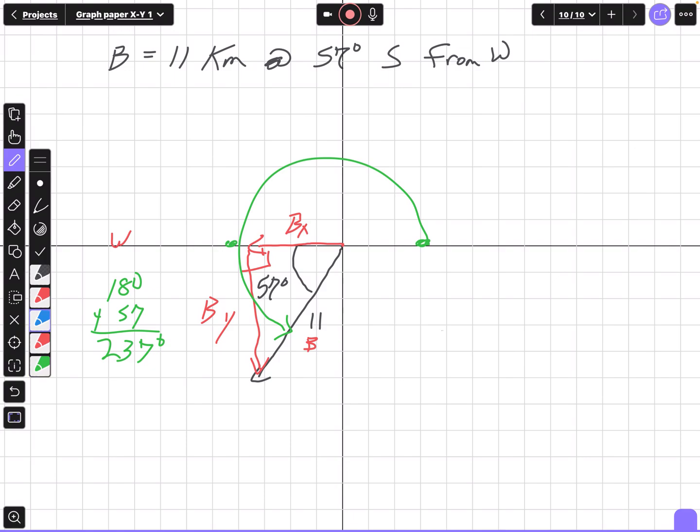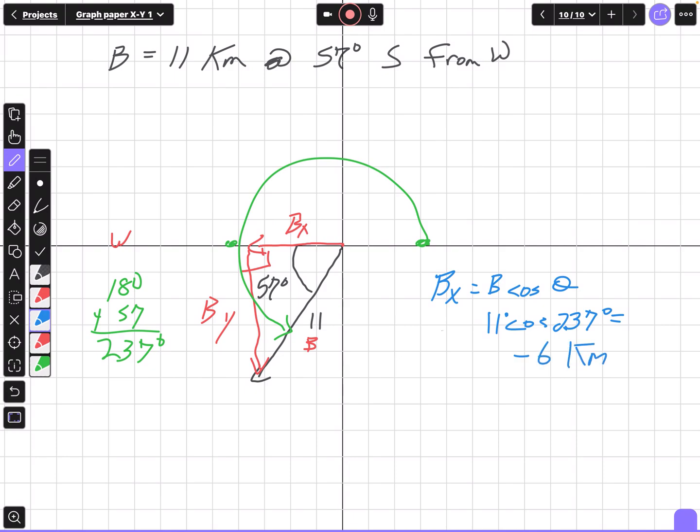In this case I'm solving for BX, that's going to equal the length of B times the cosine of the angle, always cosine if I'm using counterclockwise from the positive x-axis. So when I plug that in, that's going to be 11 times the cosine of 237 degrees, and that would give you negative 6